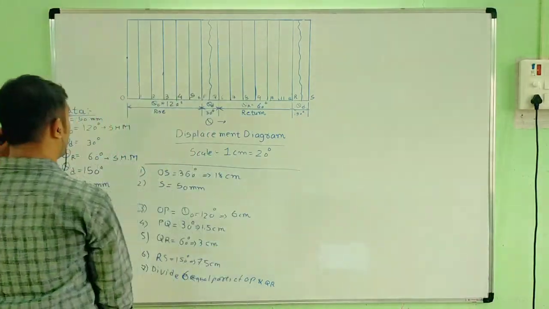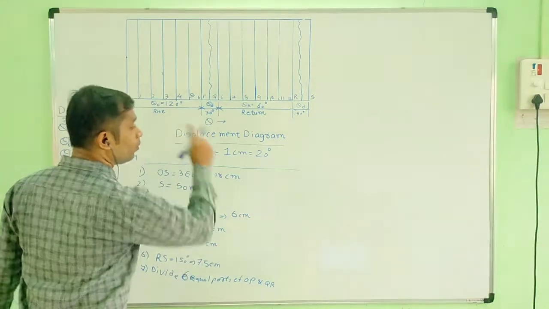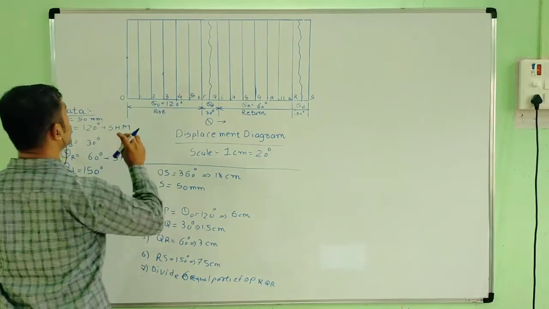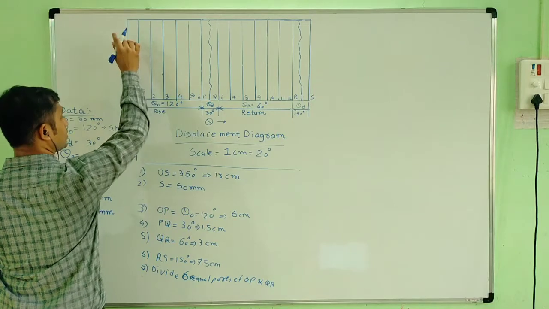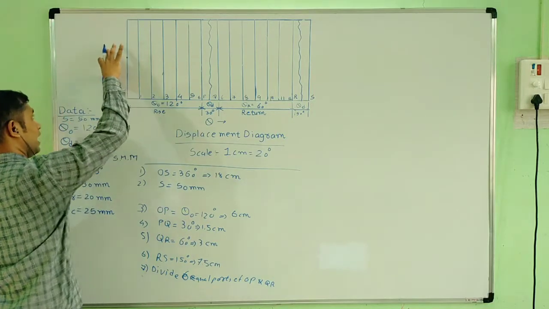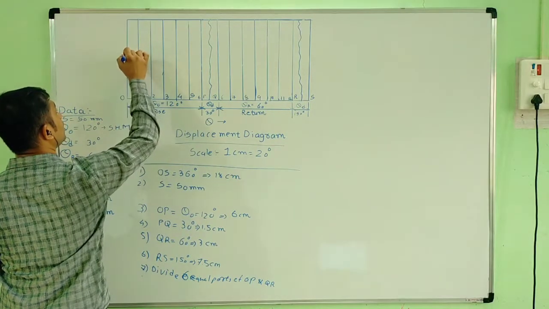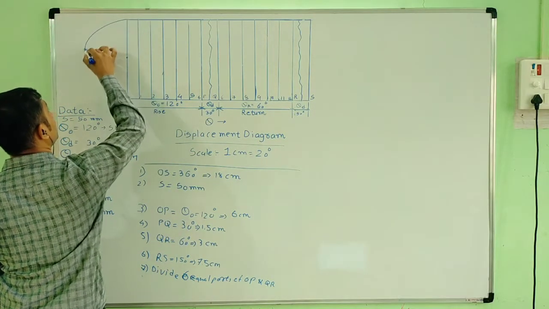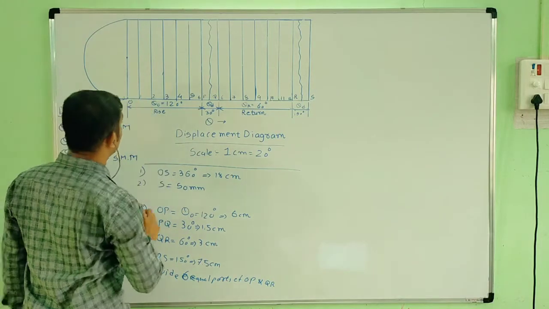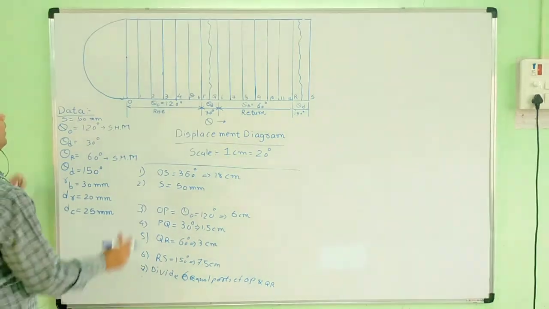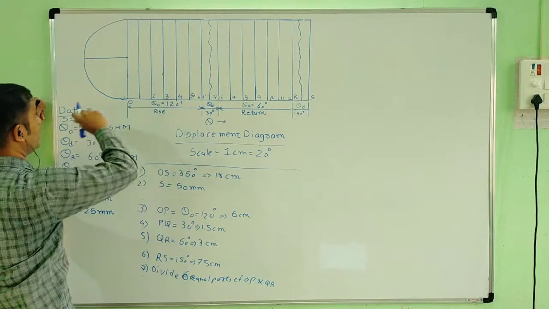Now forward motion. Forward is for simple harmonic motion, that is, the sine curve. So first of all we have to draw a semicircle. Then first S is the diameter. S is the diameter and midpoint. Take a midpoint as center and draw a semicircle. Then draw the center line first of all. Then divide into 6 equal parts.